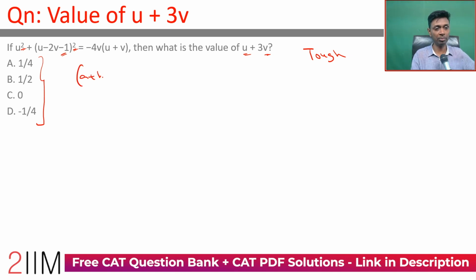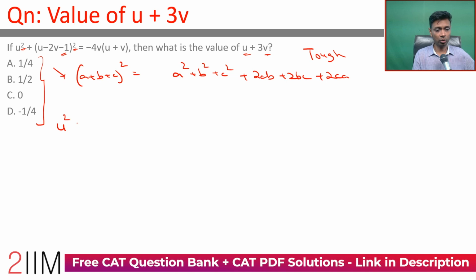a plus b plus c whole square is a square plus b square plus c square plus 2ab plus 2bc plus 2ca. If you didn't know this also, we could have just multiplied it and got to the answer. This is not a deal breaker. Let's plug this in. The left hand side is u square plus u square plus 4v square plus 1. u into minus 2v is minus 2uv. So minus 4uv